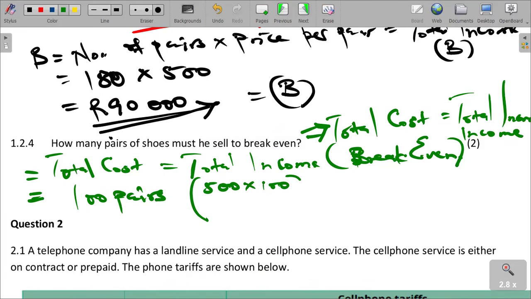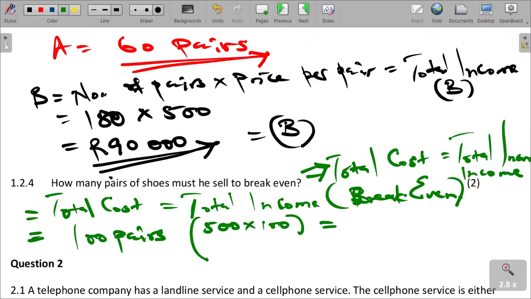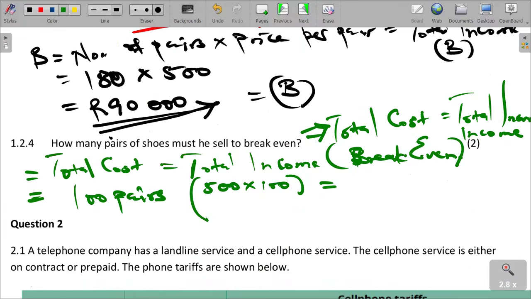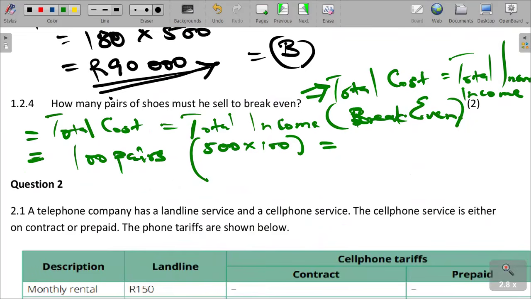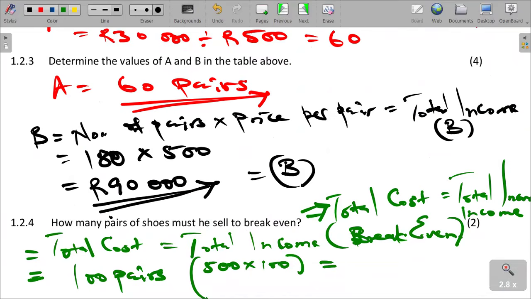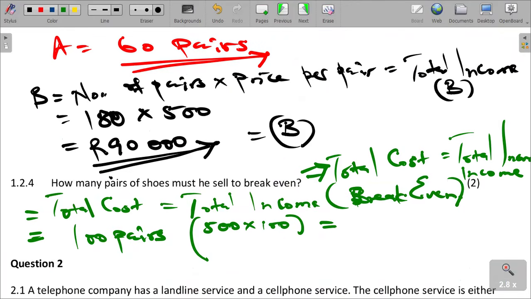That is our income, and then total cost. So at 100 pairs, this is going to give us 5,000